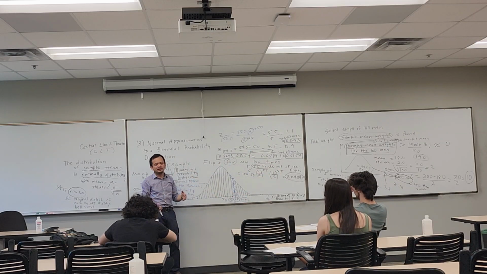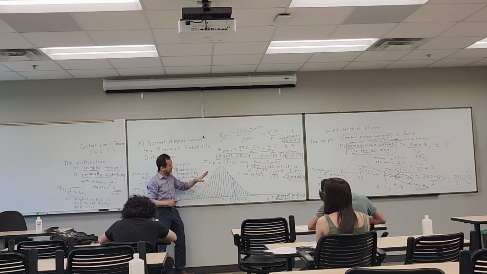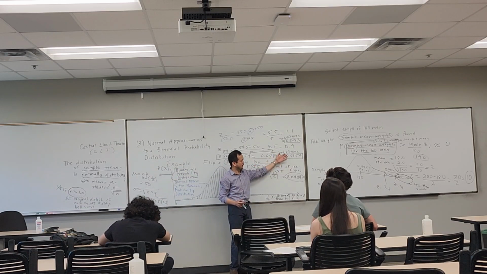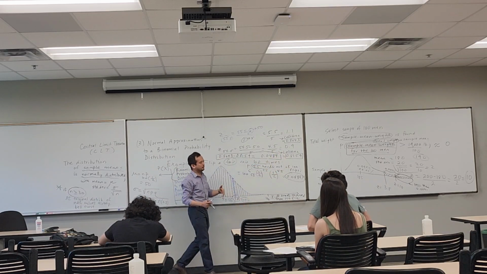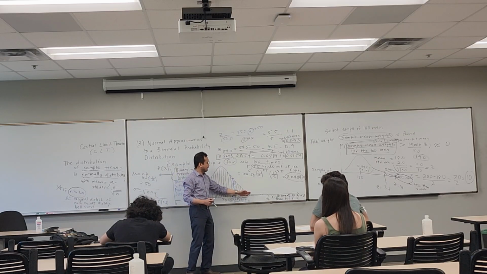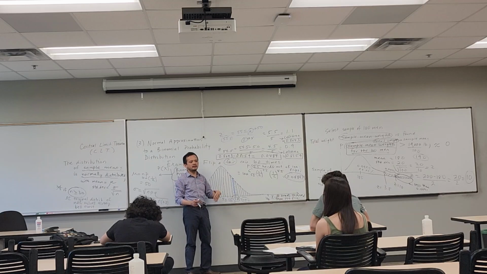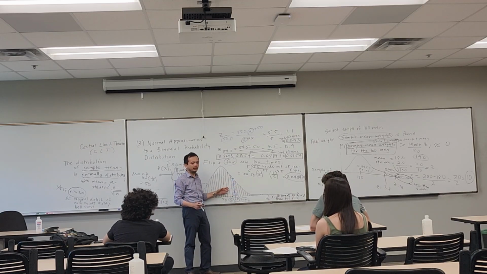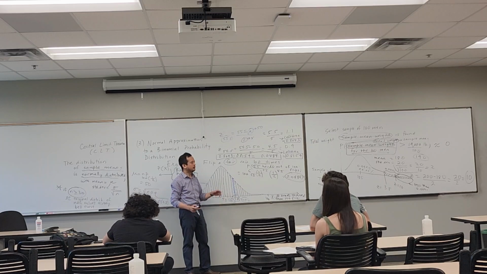So why bother? So the answer to that is this is just to show you that it works, that you're getting similar answers. But the payoff comes when you're adding up multiple binomial probabilities and it's not feasible to do that. Instead, it's much more feasible to find areas under bell curves instead. So for example,